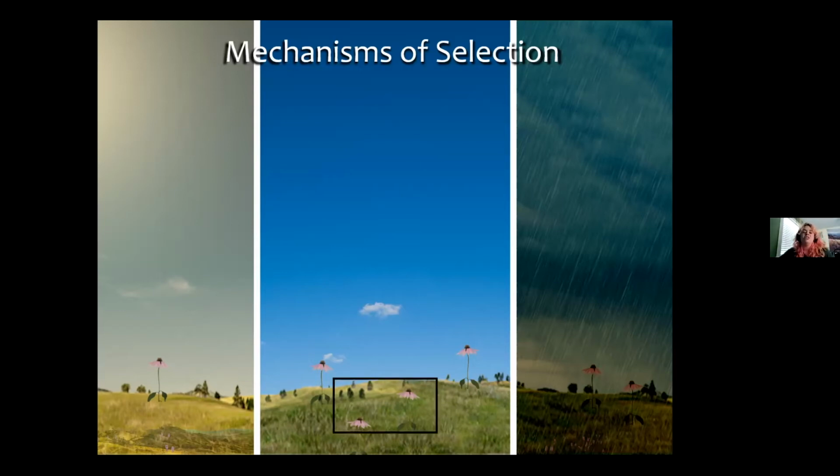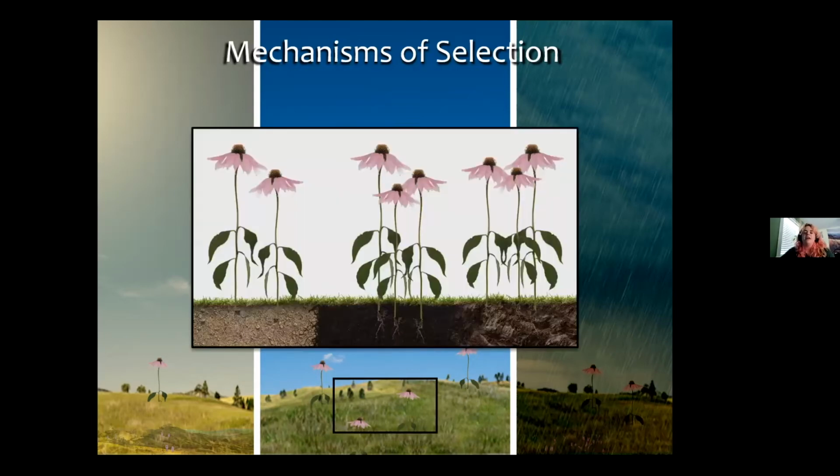So we can zoom into a smaller section of land where the climate is the same. We can find populations of echinacea growing across differences in the soil environment. And then specifically shown here is differences in the soil texture these plants are growing on. And so part of my research aims to understand how selection associated with climate can influence trait variation, but also how selection associated with those fine scale differences in the soil environment